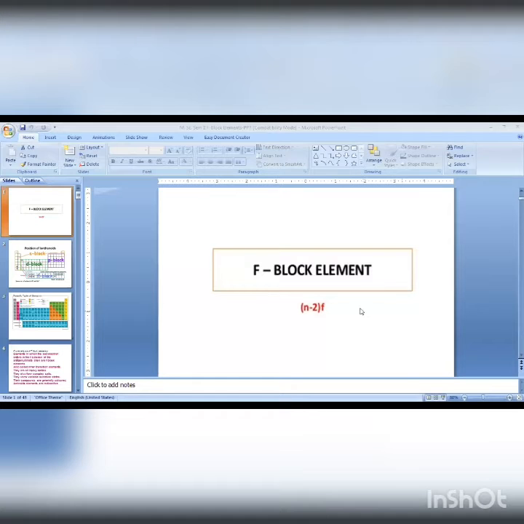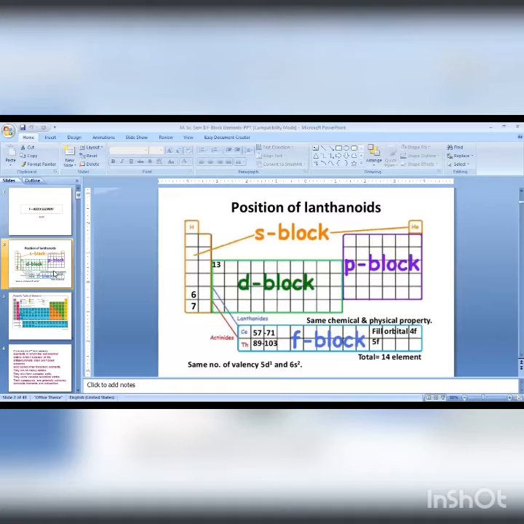This is the study of F block elements, and this is a schematic representation of the periodic table, where on the extreme left hand side we know there is the S block, which comprises the first A group elements, the alkali metals, and the second A group elements, the alkaline earth elements. Then on the extreme right hand side of this periodic table, a P block is there, and in between the S and